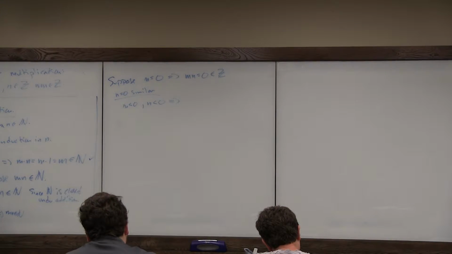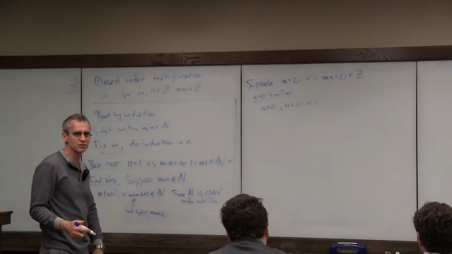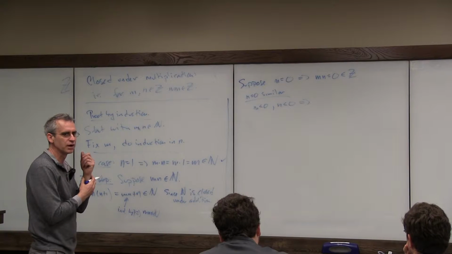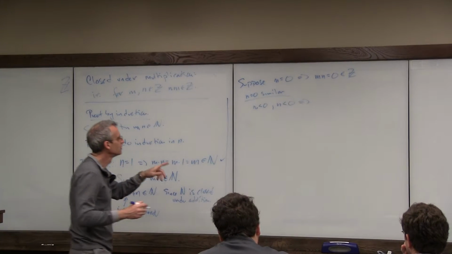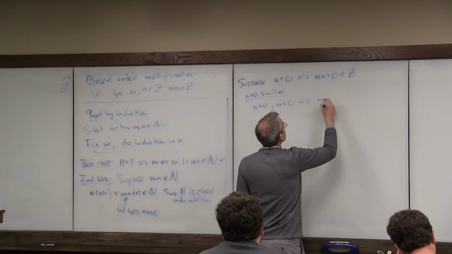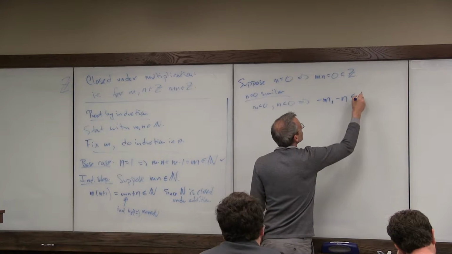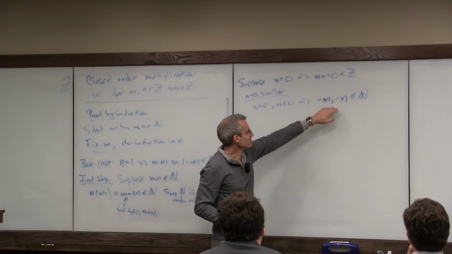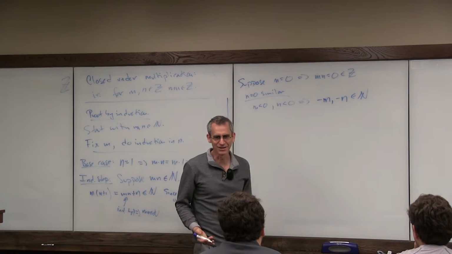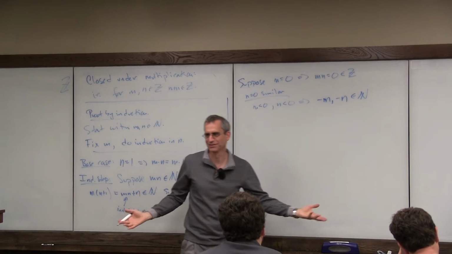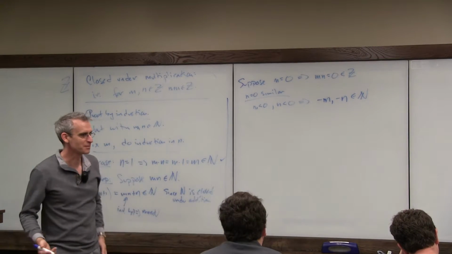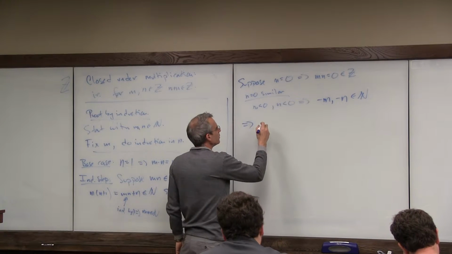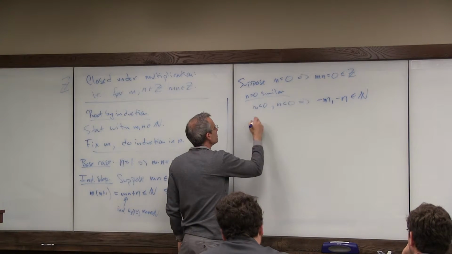Yeah, but we want to use the case that we already did before. So we need a kind of initial step here, right? I mean, the right idea, you want to negate stuff, but that means negative m and negative n are natural numbers, right? I mean, the minus sign makes them positive, okay? So as weird as that looks, this is true, right? Okay? And now, what do we do? Well, so by the above case,